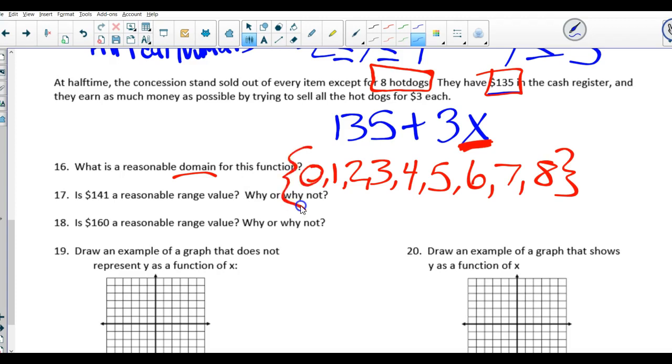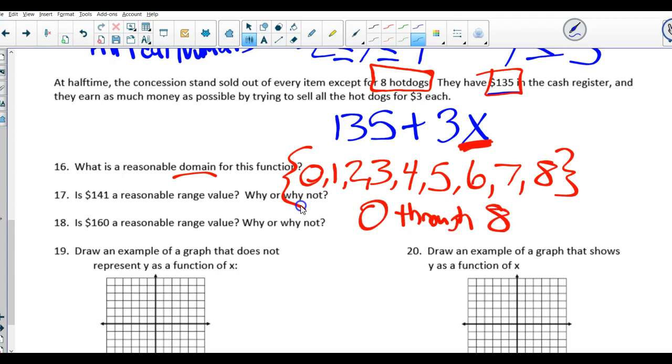Much better. If there were a lot of these numbers, if it was 0 through 100 or whatever, we could say all whole numbers between 0 and 100. You don't have to list every single thing out. I cannot just say 0